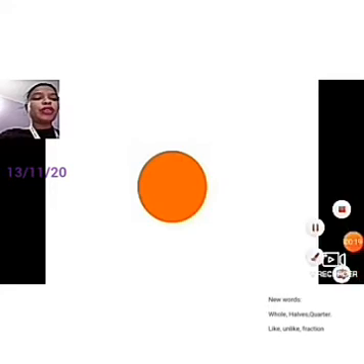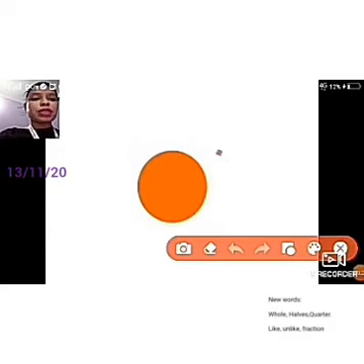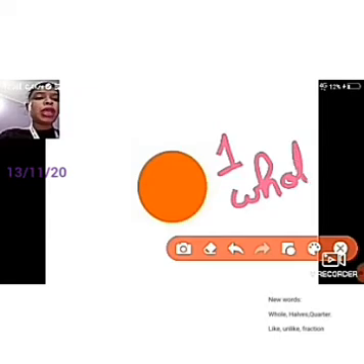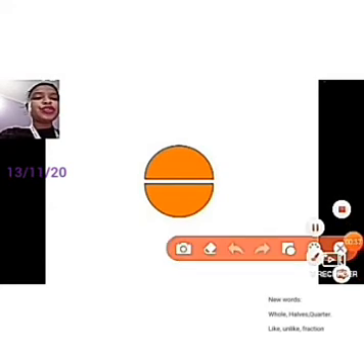So children, I have taken here a circle. This circle has got no division. That means I have not divided this circle into any number of equal parts. So the figure has no division. Now if you have to express this figure numerically, how will you express it? We know when a figure has no division, it is the complete figure, and it represents the whole. So it is represented by 1, and it is called the whole, W-H-O-L-E, whole.